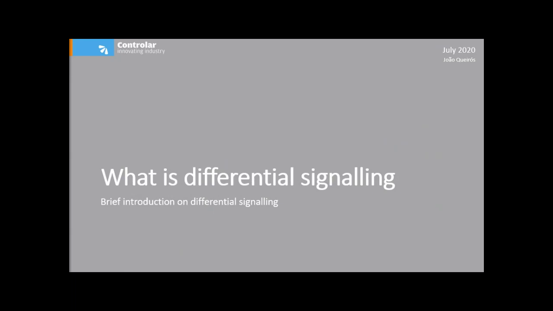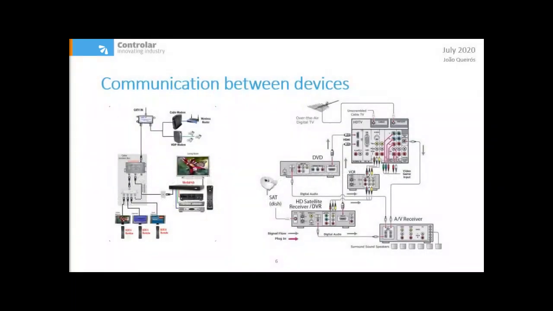So what is differential signaling? Before getting into differential signaling, it's important to remember the relevance of wired connections in a wireless world. We all have wired connections in our homes or in our offices. Some are single-ended, some are differential, some are analog, others are digital, but all of them share one common aspect. They transmit data from one point to the other. Some even transmit data both ways at the same time, like Ethernet.